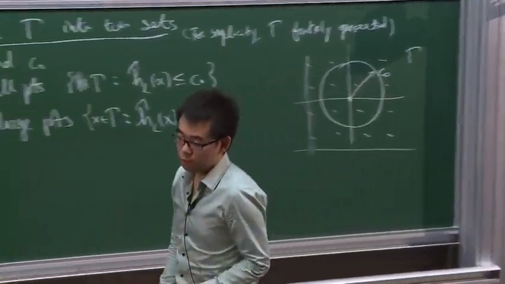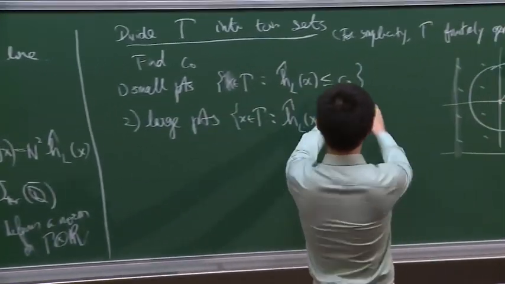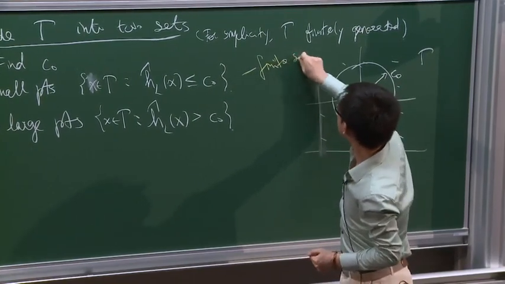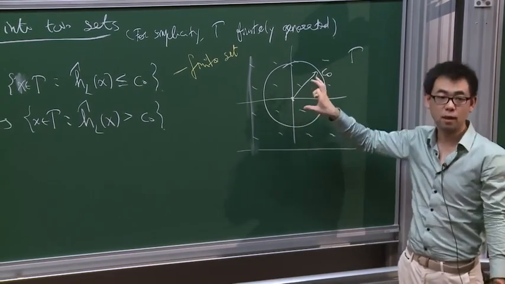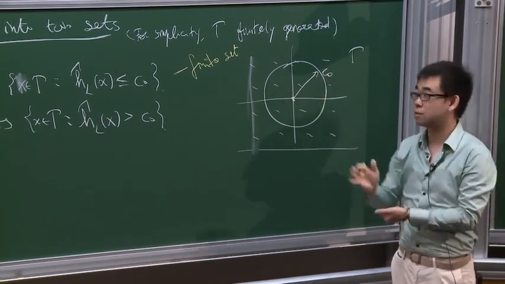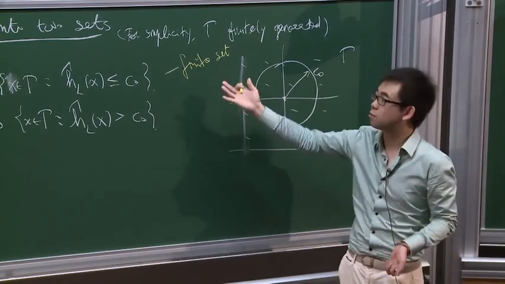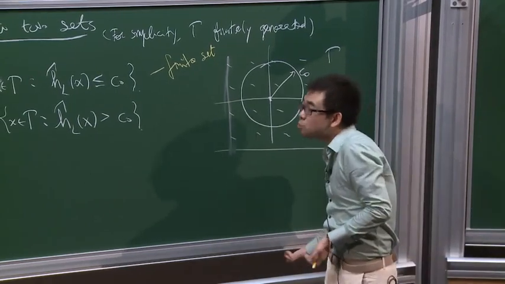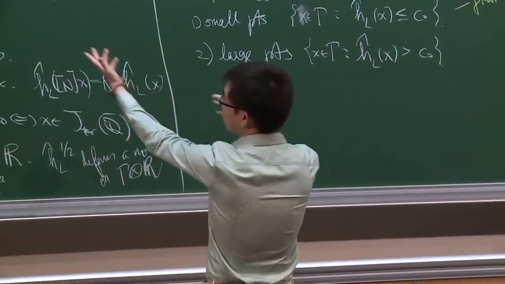Well, for Mordell, it is immediate that the set of small points is a finite set. If I restrict to a finitely generated group, just because it's a lattice and contained in a closed ball, it's automatically finite. So for the sake of the Mordell conjecture, we don't need to do anything for these small points. But then bounding the number of large points is what we need. And this is what is done in the method.